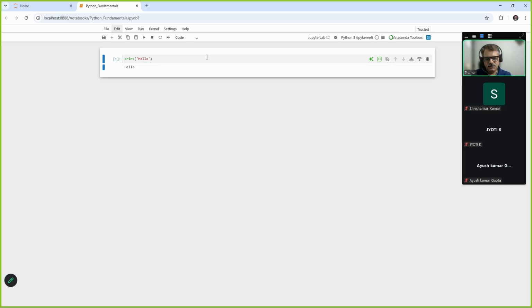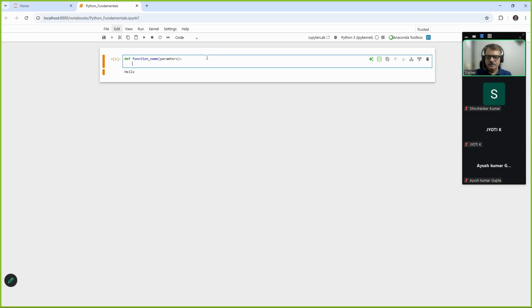We have lambda function also, but first we will discuss normal function. So a function can be defined using a def keyword. We use a def keyword to define a function. So this def is a keyword, and then function name. We write a function name, and within parentheses, we can declare parameters, and then a colon,